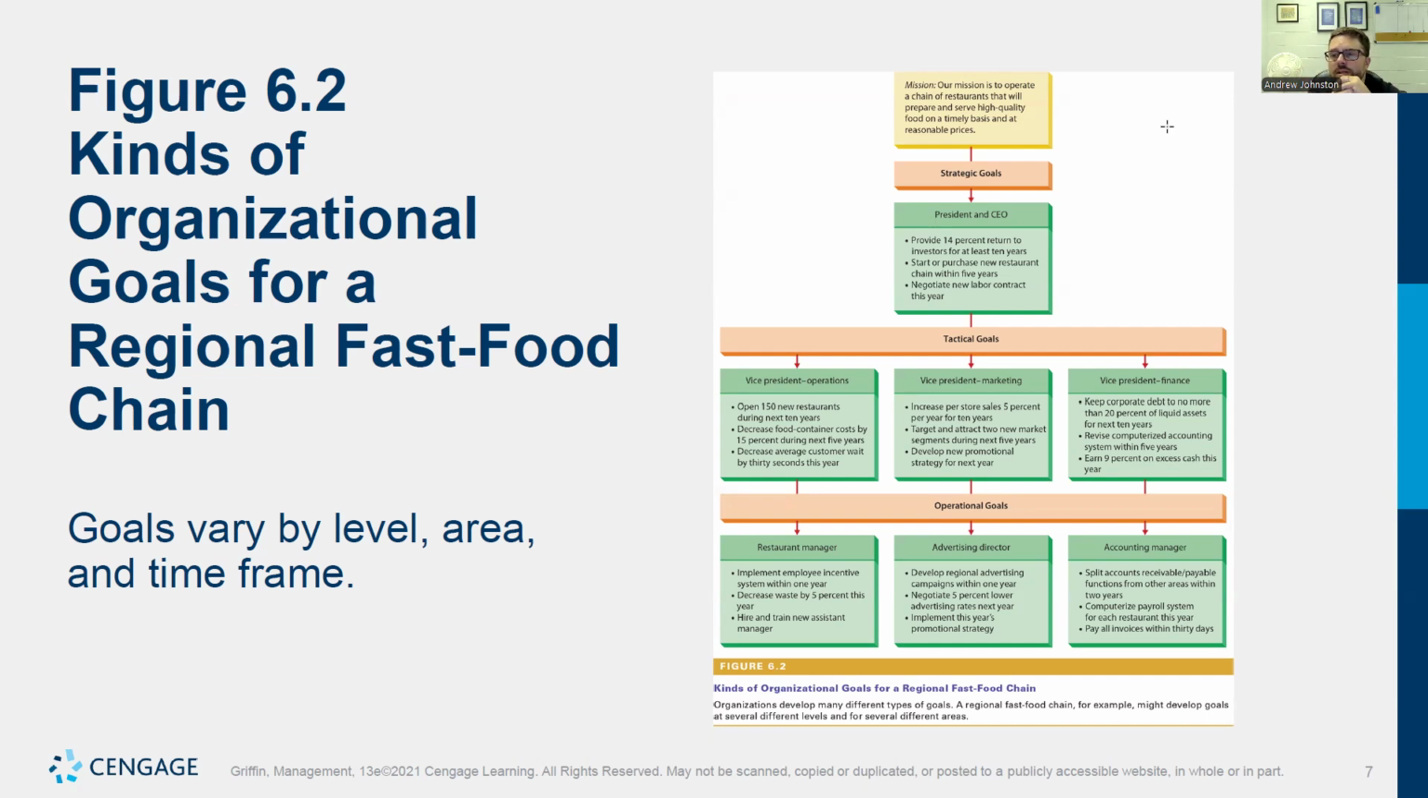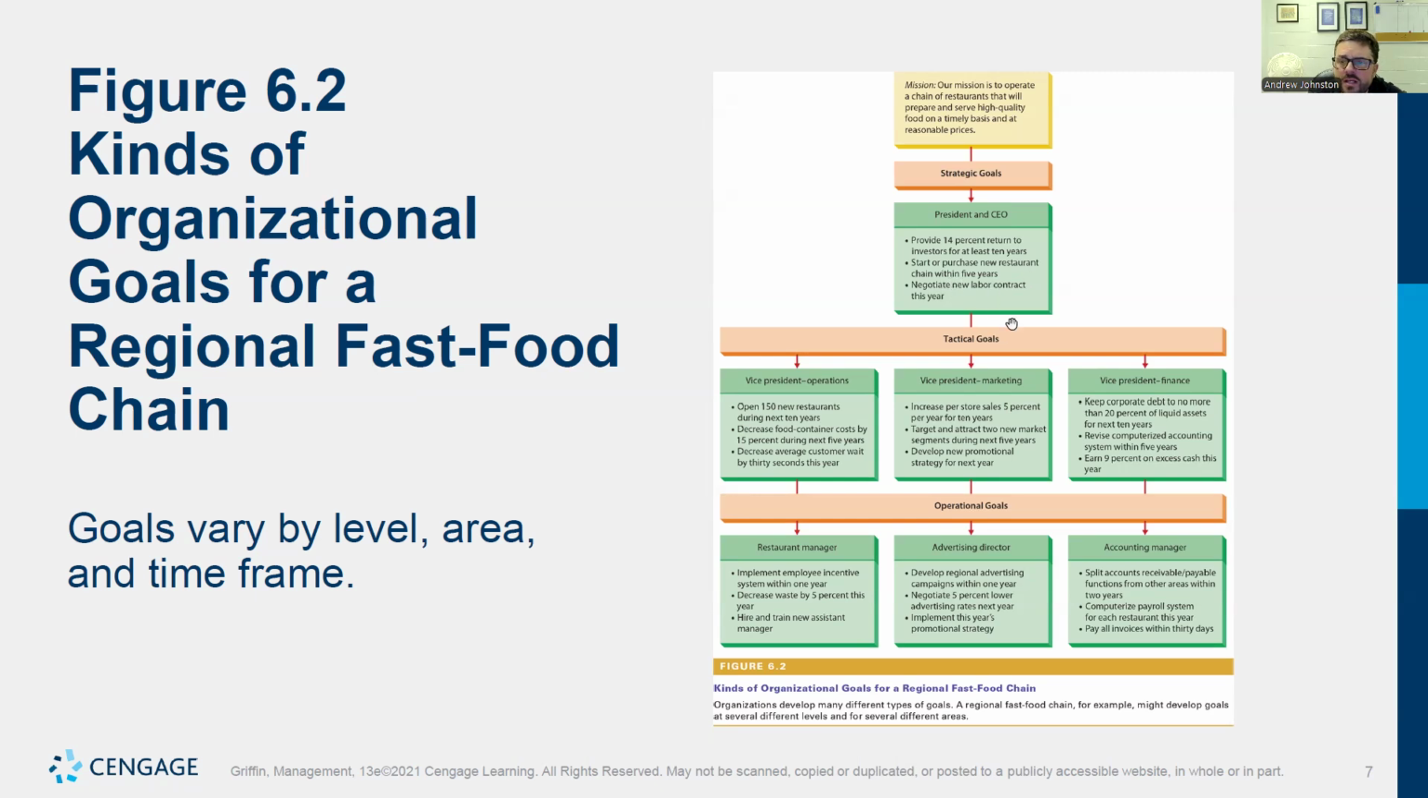It's not a niche, it's going to be a pretty big segment of the market. So this mission statement is handed down to the CEO, who decides on different ways to implement it, different strategic aspects of a strategic plan. We're going to provide a 14% return to investors for 10 years. We're going to start or purchase a new restaurant chain within 5 years. So we're going to make an acquisition or else start a new restaurant, and we're going to negotiate a new